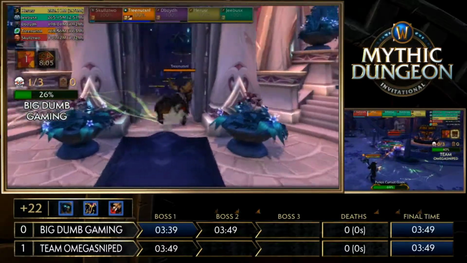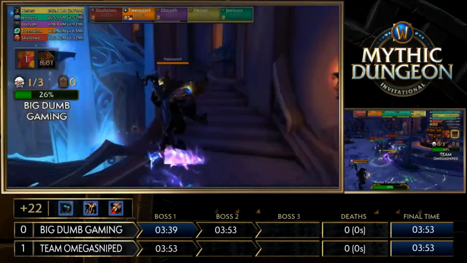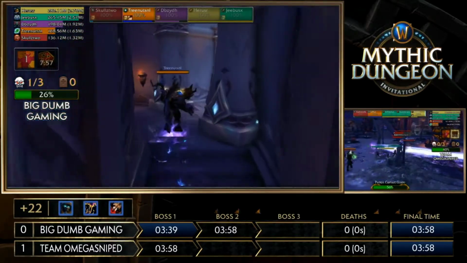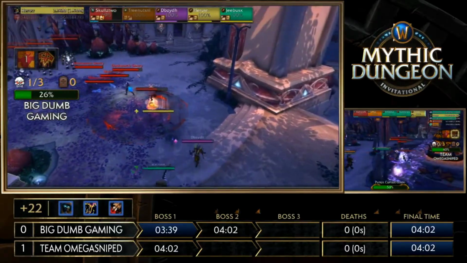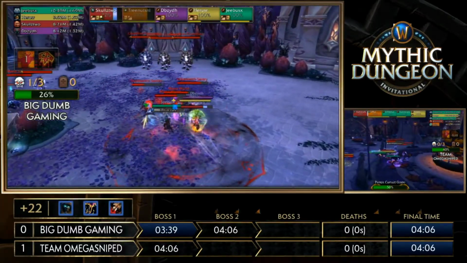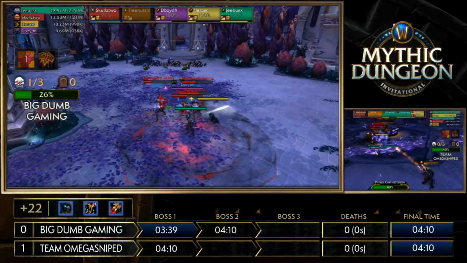Trina's there having a bit of a hop over the fence, doesn't want to accidentally pull that construct that's staying guard here to the entrance to the Spire. But, you know, Team Omegasniped falling a bit behind here. They're only at 55% on Gerdo. Granted, they do have an extra 14% worth of trash, but that's a pull that can pretty easily be made up in the Court of Stars, as there's a lot of these trash mobs that give a higher percent. So just pull an extra 1 or 2 on top of one of the mini bosses